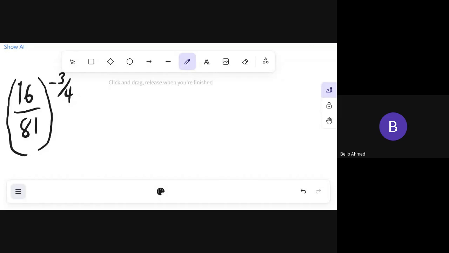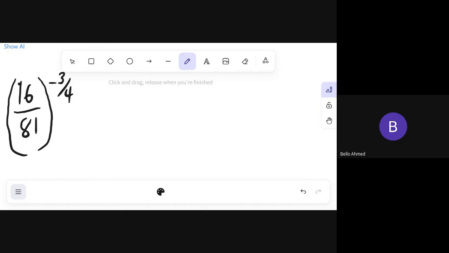I want to quickly show you how you can easily solve this question. Now, we have to simplify 16 over 81, everything raised to the power of minus 3 over 4. Now, if you want to simplify this, one thing that you need to take note of is that